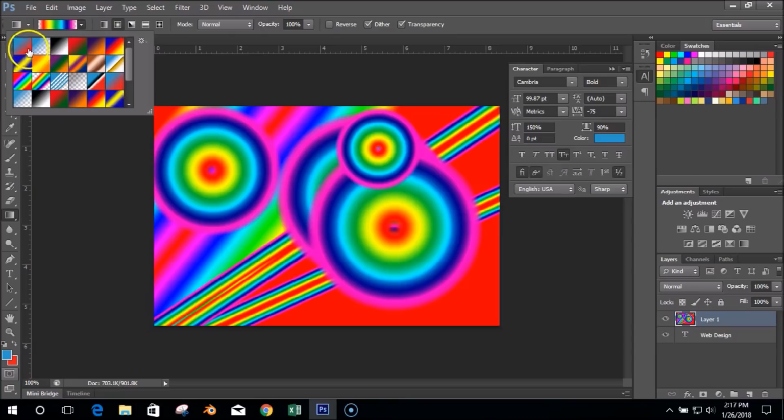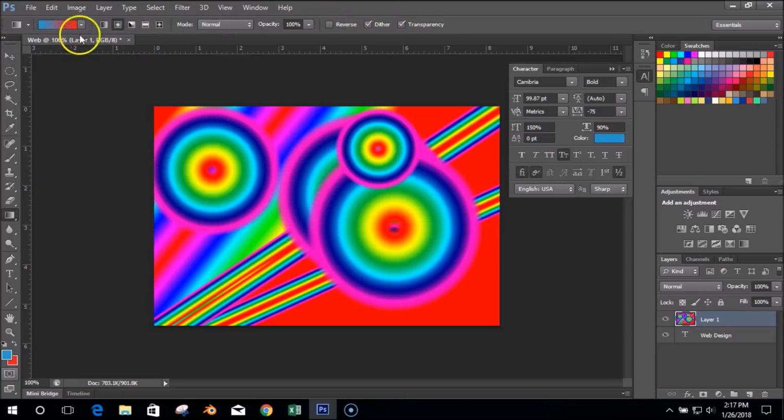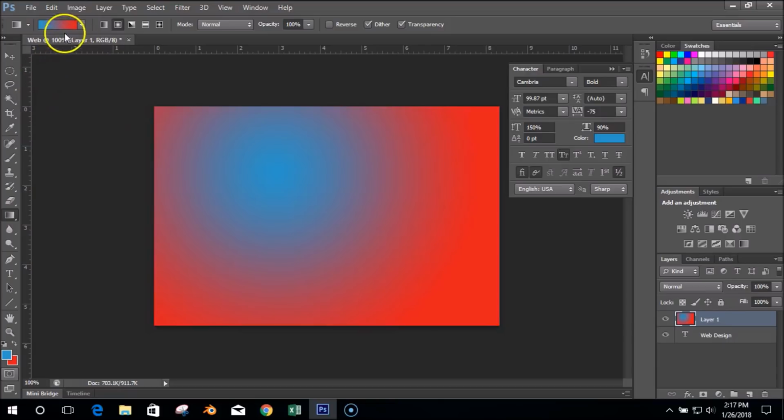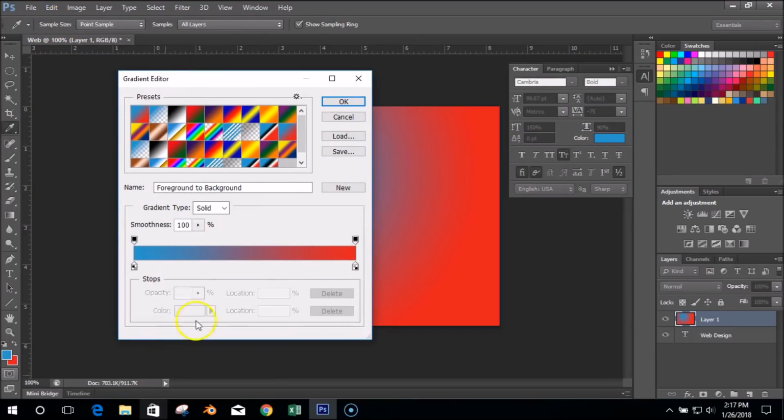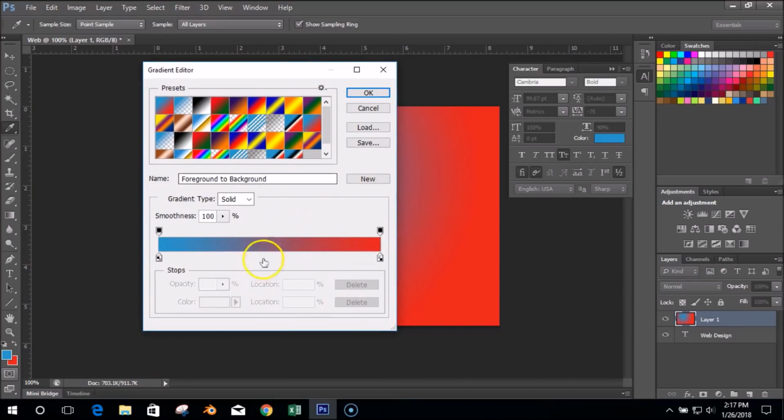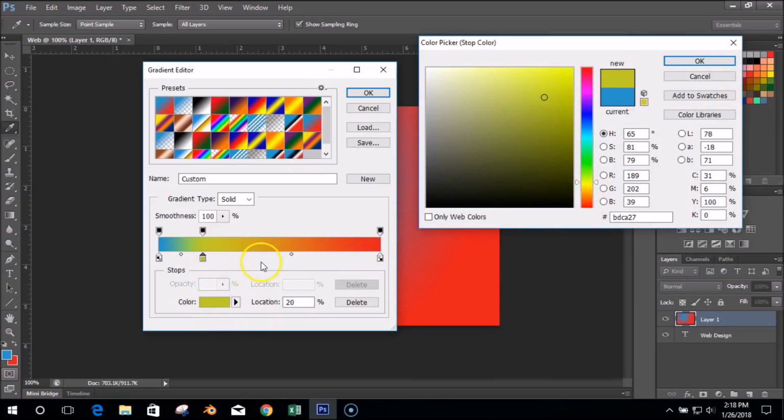So, if I went based off my foreground and background color, okay, so I have that selected, and let's say I just click right here on the icon of blue and red, it'll go to the gradient editor. And you can actually create your own new gradients. You can see this is blue and red. All you got to do to add another color is click up here, and it adds a little stopper. Then you can click on that color. Oh, maybe I got to do it below. Yeah, below, and then I can click on that color. Hit yellow, and then